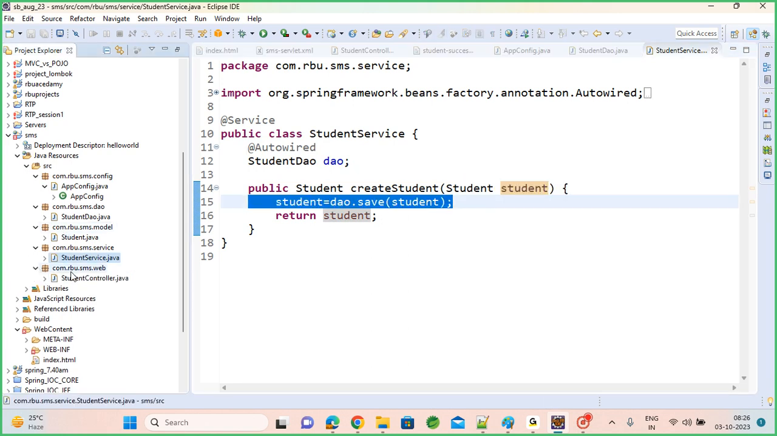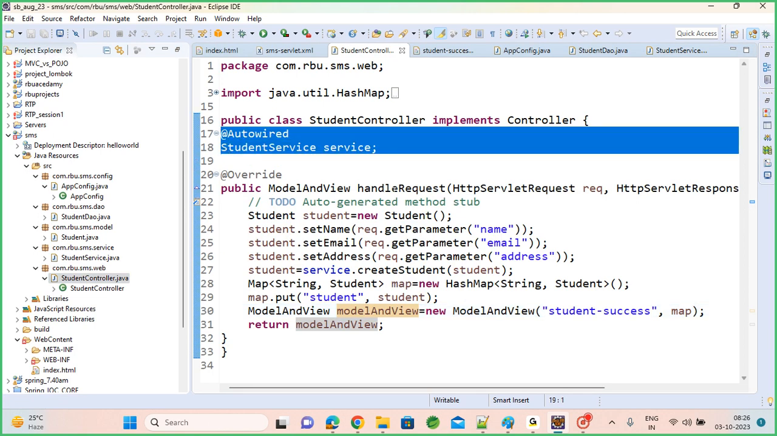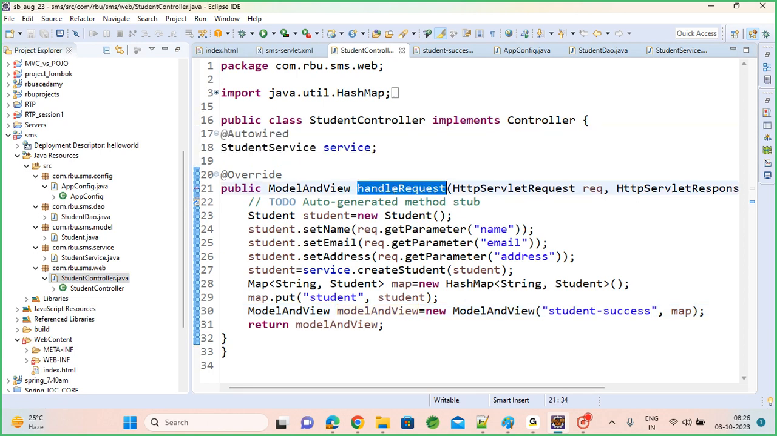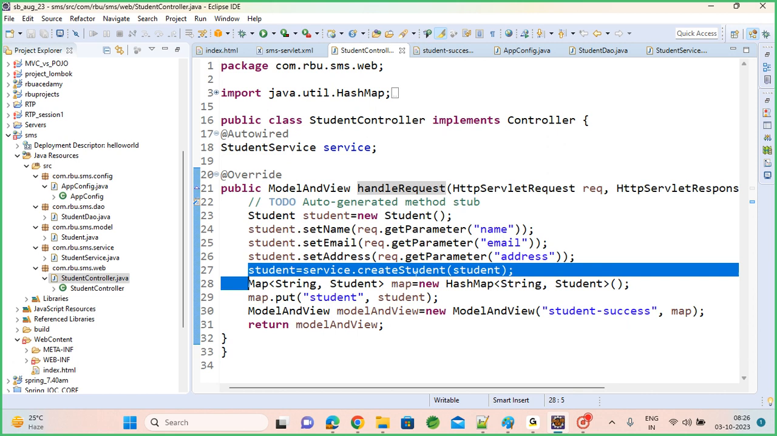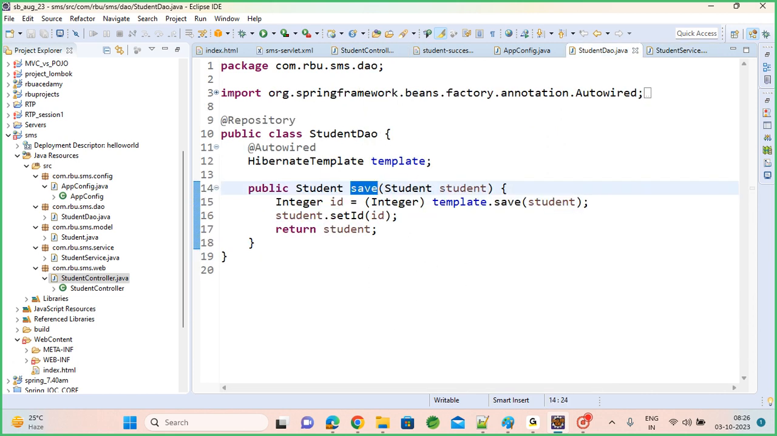So same service class I am injecting into controller class, so that whichever request I got here, that request data I am sending to service. So controller calls service, service calls DAO, finally storing your data into database. Up to here fine. So in last session we thought